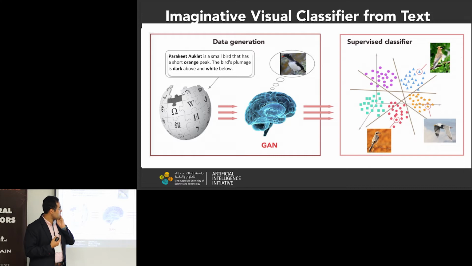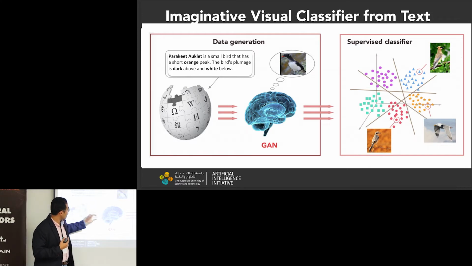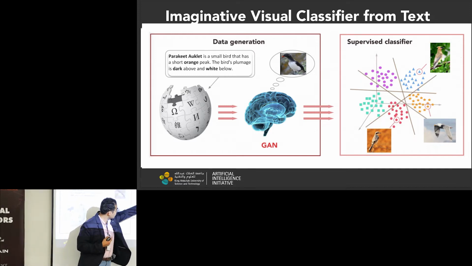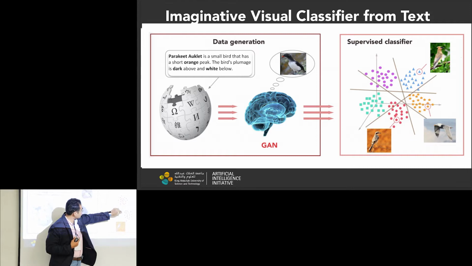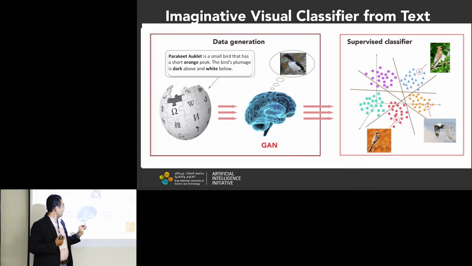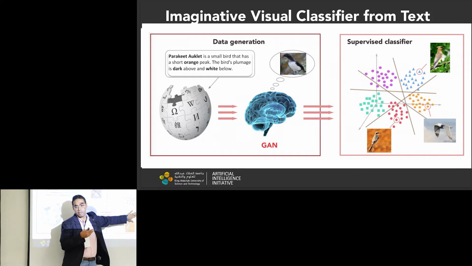Why? Because for every unseen class, we will generate corresponding data over here. Let's show this picture: the representation of the fake data that we generate for every unseen class. And then we have an example of now an unseen class. We want to classify it. What we need to do is just to embed it in that space and classify it. It can be just as simple as nearest neighbor classification. In fact, this is what we did in practice.